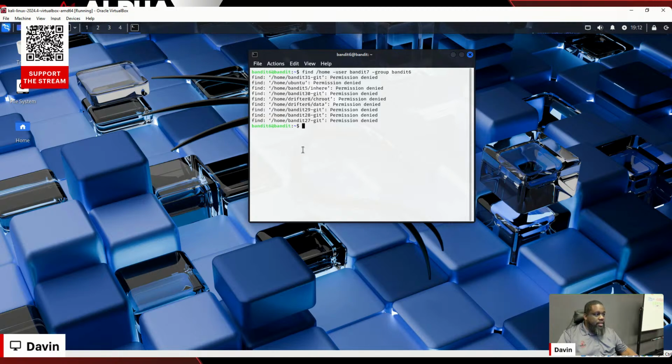Yours definitely came out a lot cleaner than mine. All right, so we see that all of those are home, Ubuntu. So these are all home files, right? And then mine was